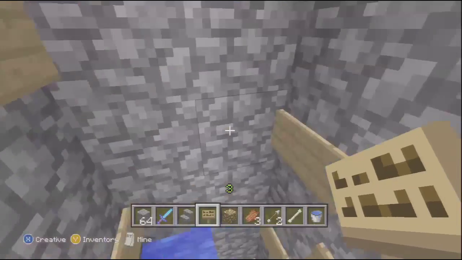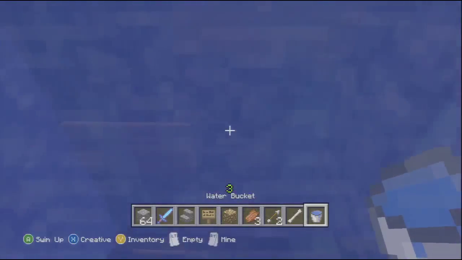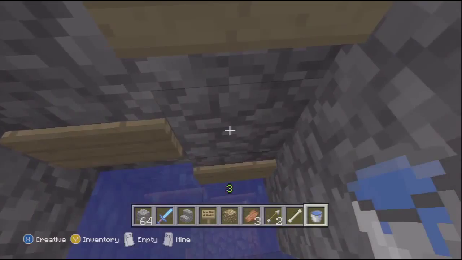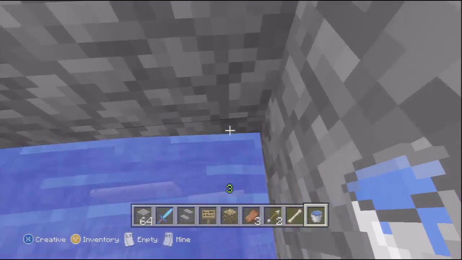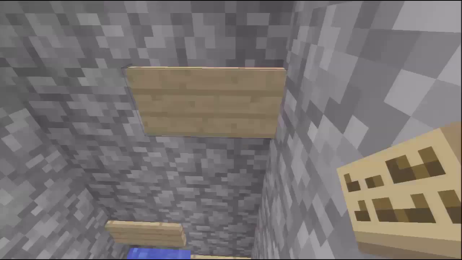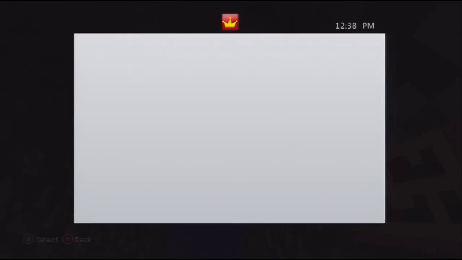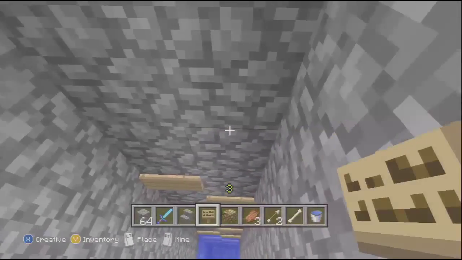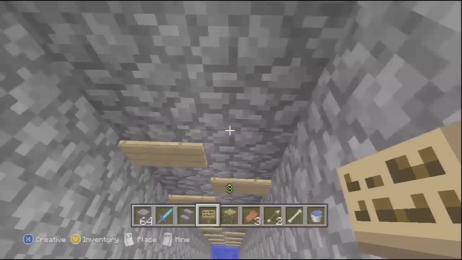So we'll quickly place the water down again. Actually, yep. And we keep going up. So then we chuck another sign there, there. So we'll quickly go all the way up with signs, which is probably the easier way, but if you're doing this not on creative, the way to go is to place the water down and just keep going with the flow of the water up. Every time you place a sign down, put a bucket of water down, and then just keep going up. So once you get all the way to the top,